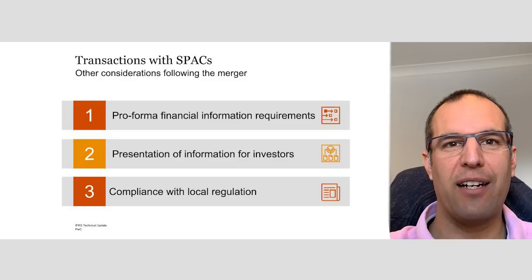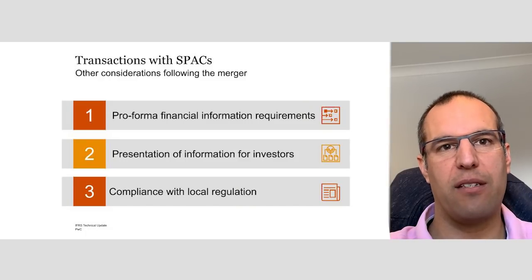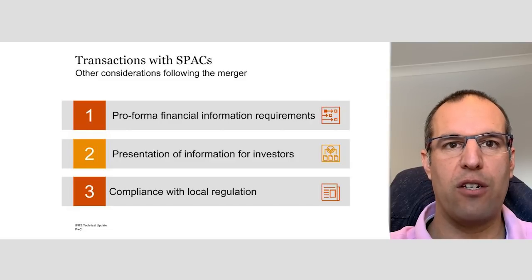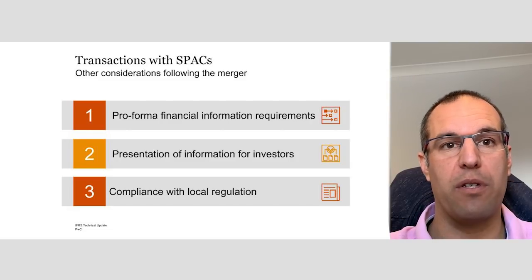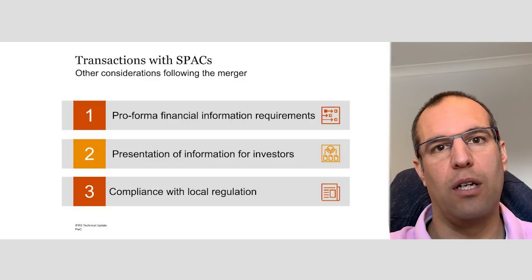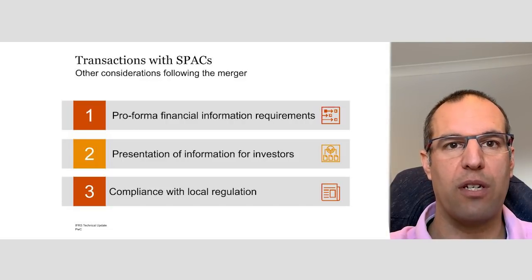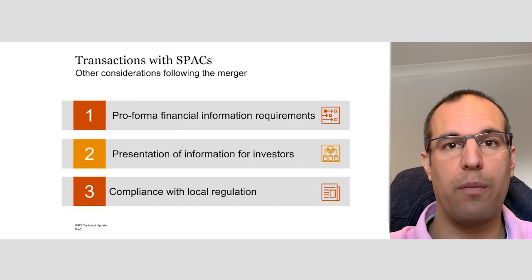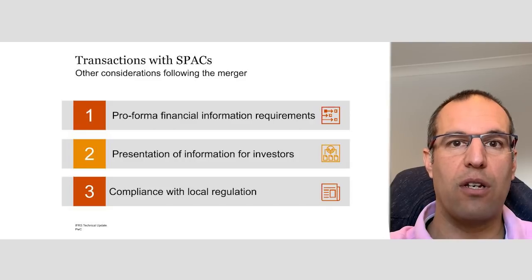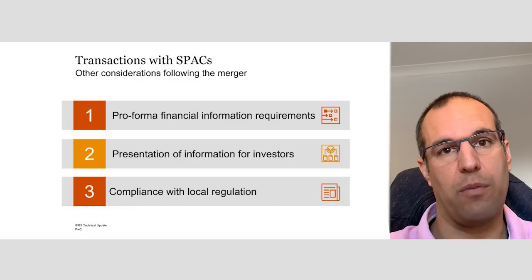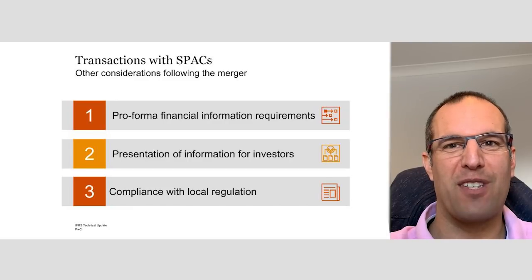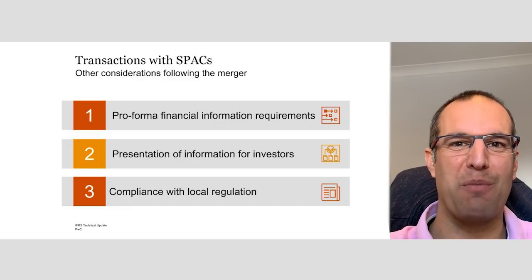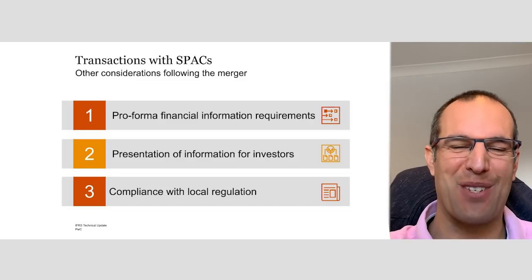So we've highlighted some of the typical accounting complexities that need to be considered for SPAC arrangements. However, there are usually additional capital markets regulatory requirements that need to be taken into account as well, including assessing various financial reporting and filing requirements. There might also be pro forma reporting requirements that need to be considered, and these regulatory requirements can be just as complex and burdensome as the accounting requirements. Although I guess sometimes what a preparer might consider to be burdensome might be considered as really interesting from a